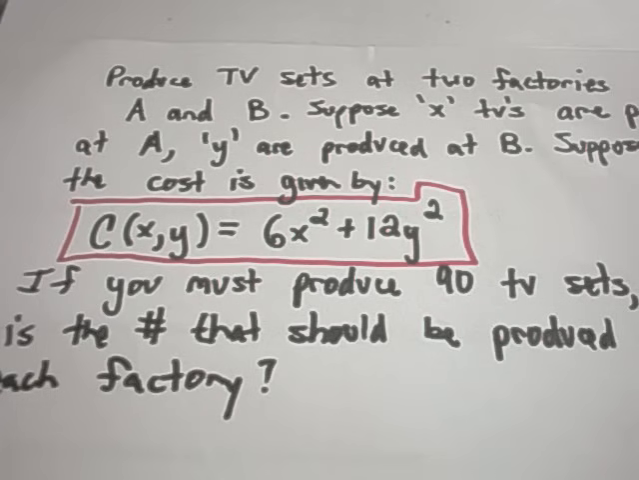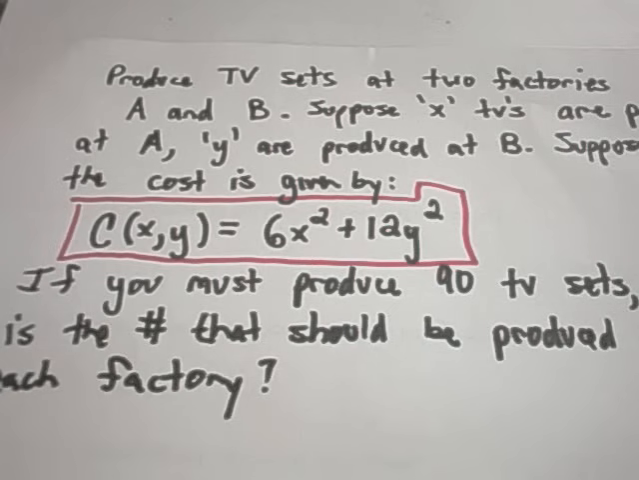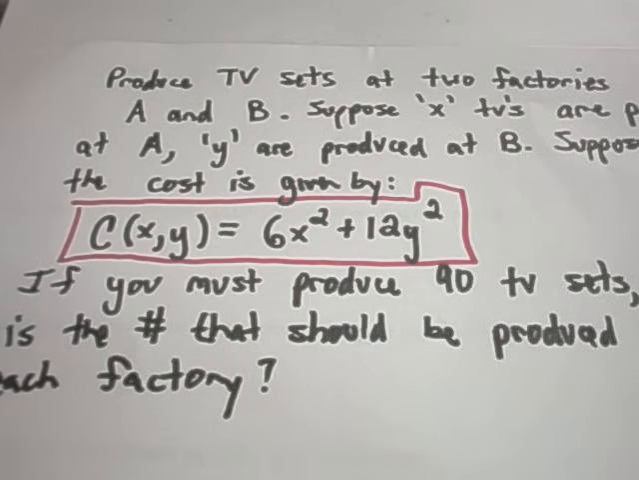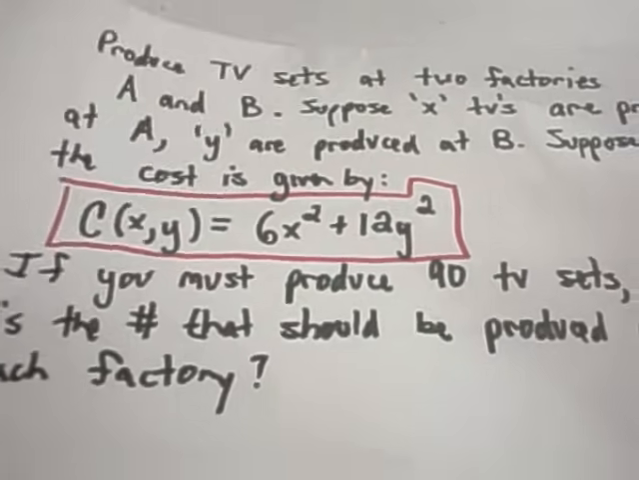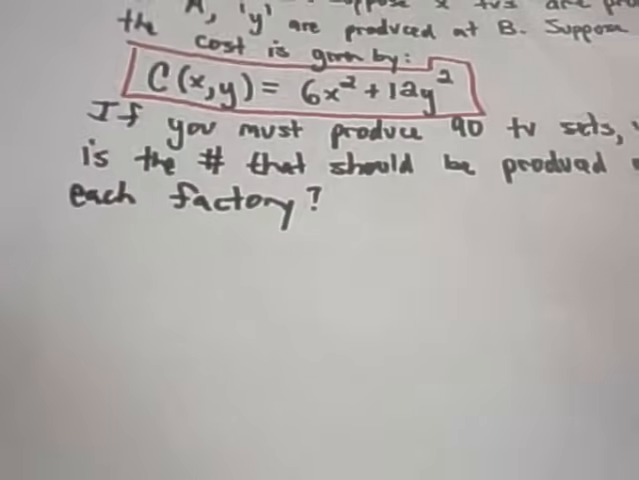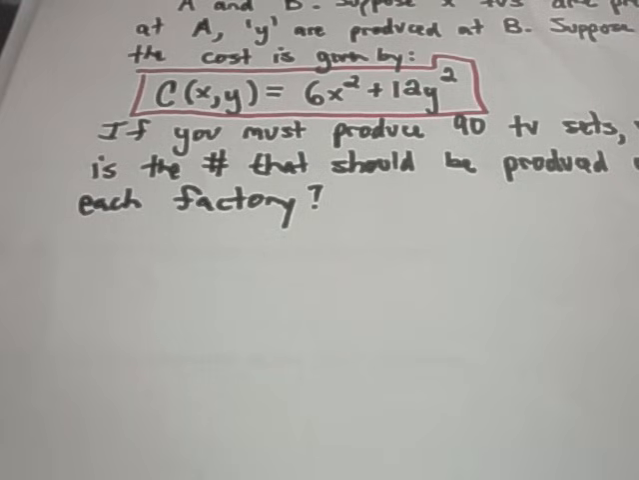Now suppose you have to produce 90 TV sets a month, and what you're trying to do is figure out how many x should you produce and how many y should you produce so that you meet that requirement of exactly 90 TV sets. But obviously in this case you're going to want to keep your costs at a minimum, okay? Unless you're a bad business guy or gal. We'll assume though we're not, because hey, we're smart people and we're taking calculus, so we probably want to minimize this